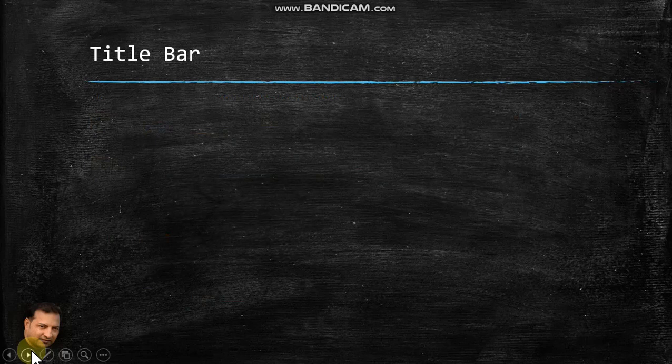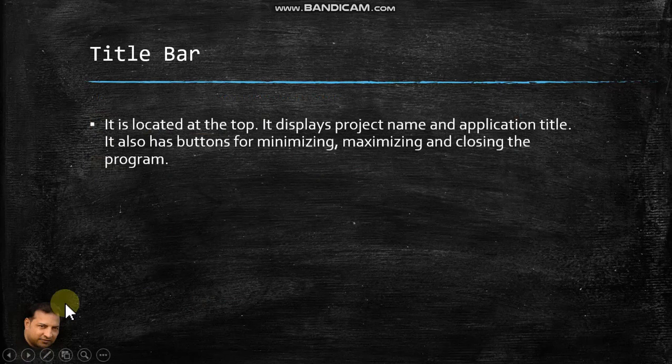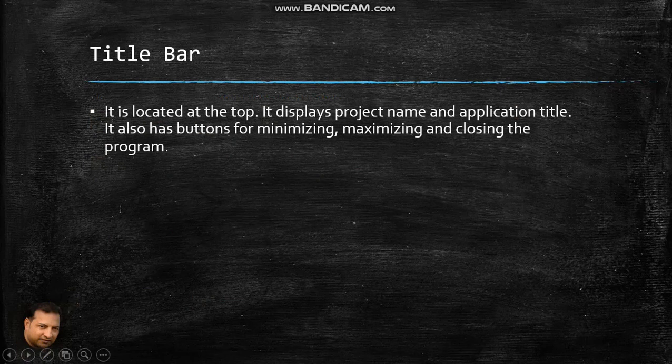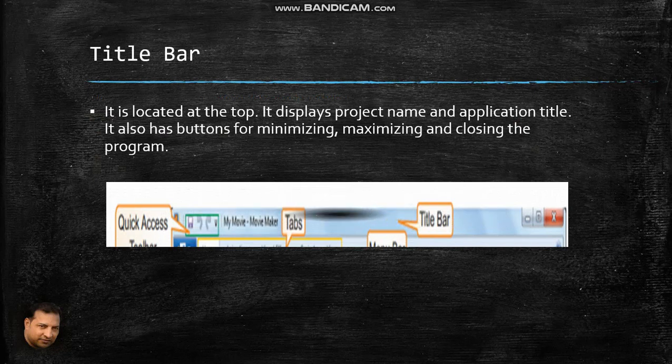So first is title bar. It is located at the top. It displays project name and application title. It also has buttons for minimizing, maximizing and closing the program. As you can see, this image is not so clear, but